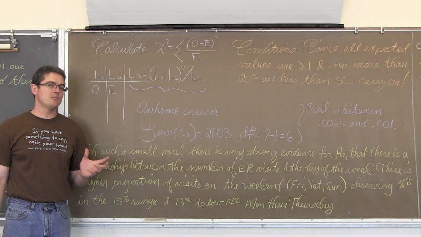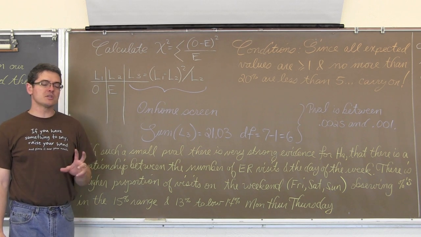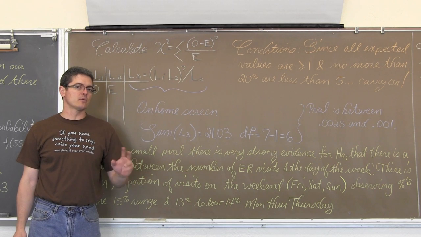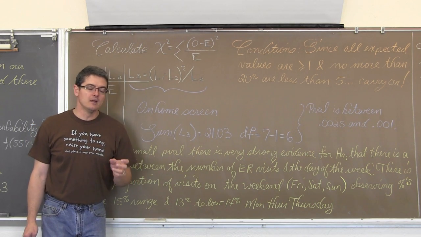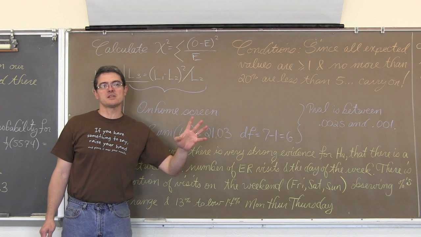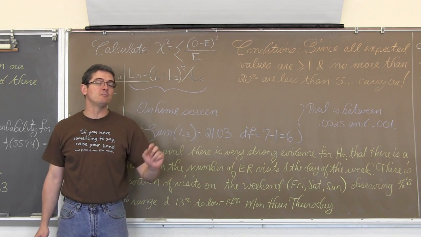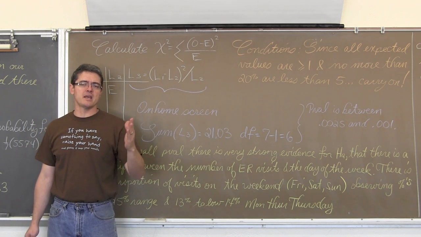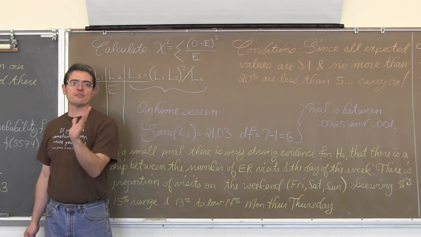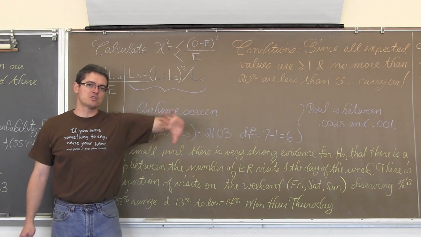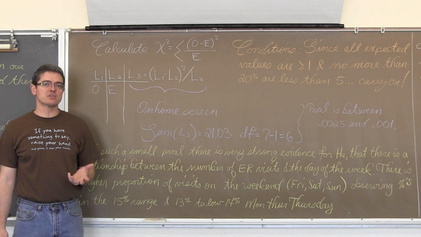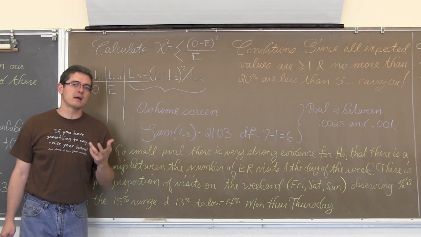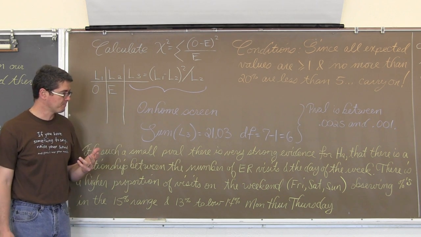Now notice I didn't describe what the relationship was. With chi-square, you're just looking for, is there an association or not? H sub o is that there is not, H sub a is that there is a relationship. Or, again, H sub o, does the observed population fit the hypothesized population distribution? Or H sub a, does it not? It's not so specific. There's no such thing as a one-sided test where you look for the shading to the left, or a one-sided test where you shade to the right. It's just, is there an association or not? So it's kind of like a regular two-sided hypothesis test for a z-score or t-score.